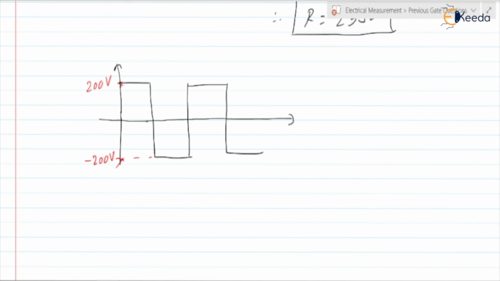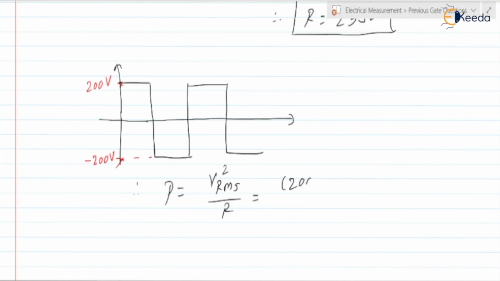Okay, now from this can we write power? Therefore power P is equal to V RMS square divided by R. What is the RMS value of this waveform? You can check. RMS value is the square root of the mean of squared values. If we square it, the square of positive is positive, and the square of negative is also positive. What is the average of that? It is again the same, positive.